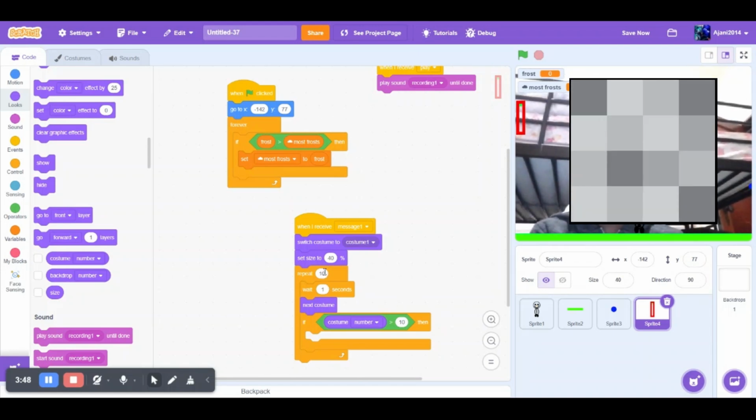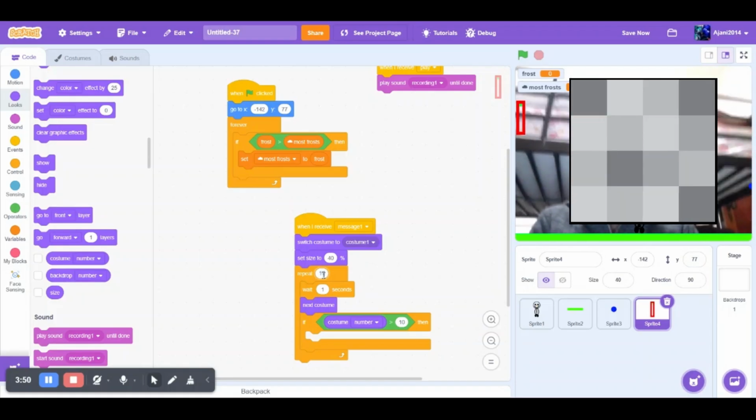So I have 10 costumes, so repeat 11 times, and if costume number greater than 10, then play a new recording,